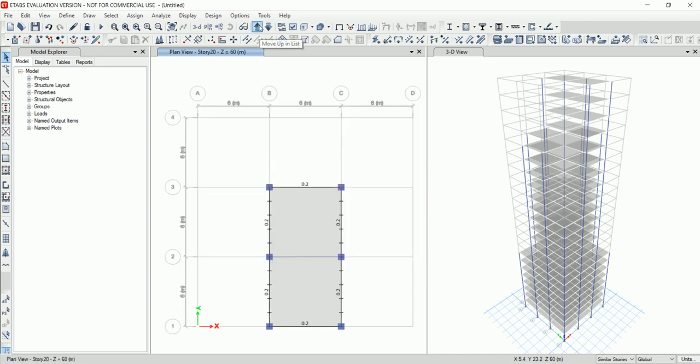Now go to story 23. Then select one story option. Then again select the external beams.